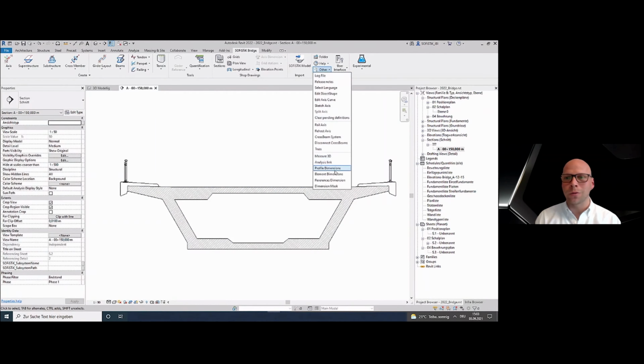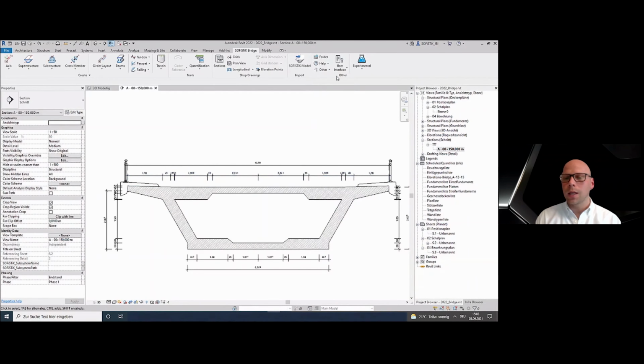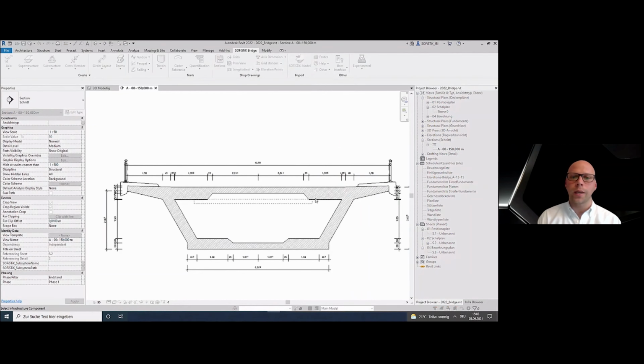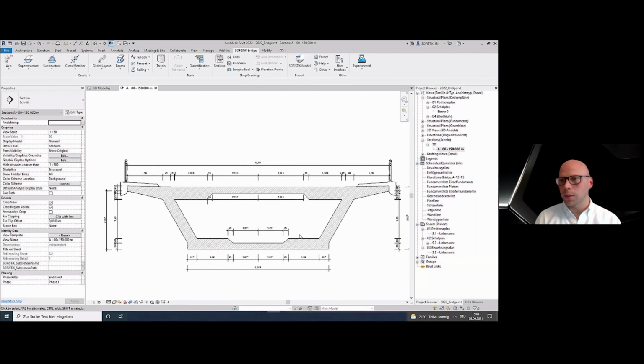There are no dimensions or annotations, but with the dimension elements tool, you can create multiple dimensions at once, or with the reference dimension, with 2 clicks, you can create the proper dimension based on the cut edge references of the structure.